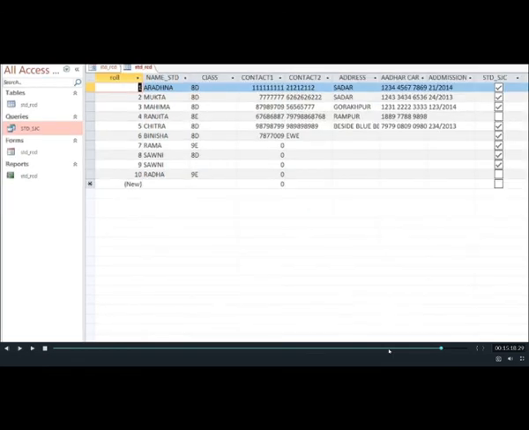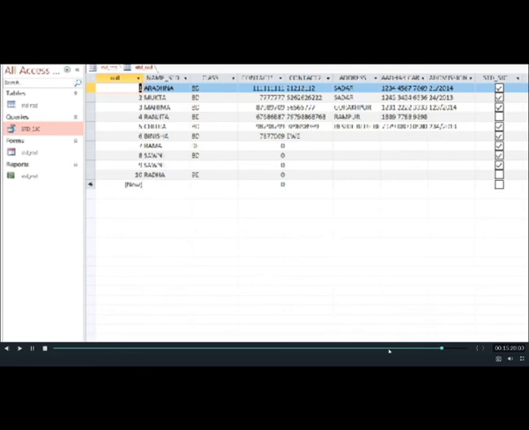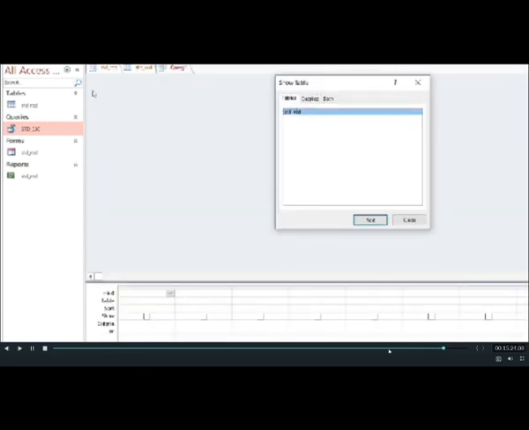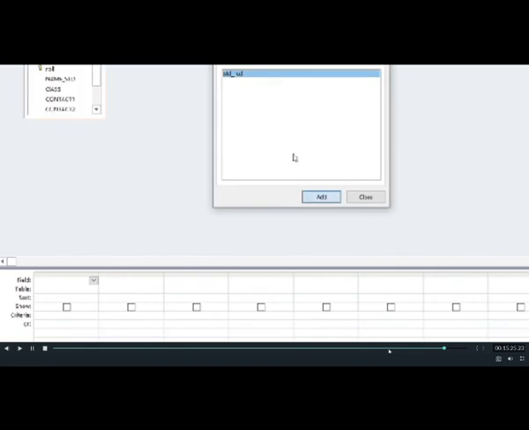And what is MS Access? It is an application software which allows the user to create their own records, to manage, to organize. So this is how. See, one more query we will run. Let us run one more query. We will add the same table and take the table field name and close this from the top pane.